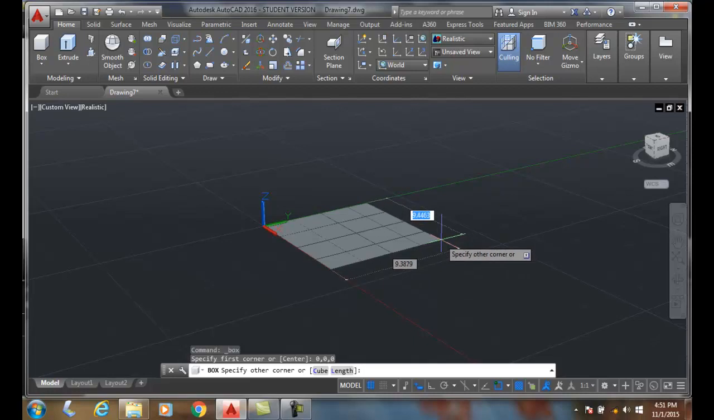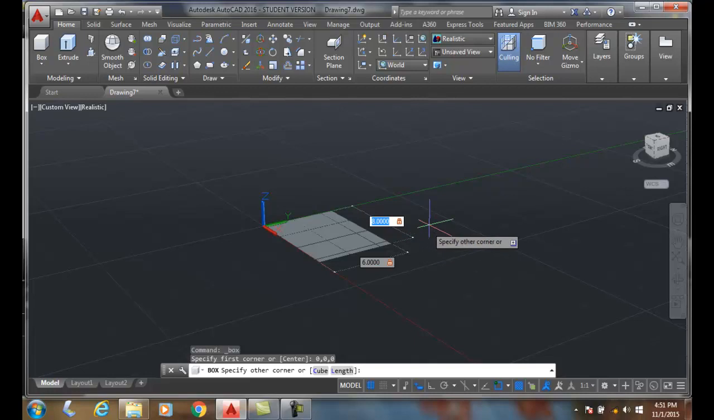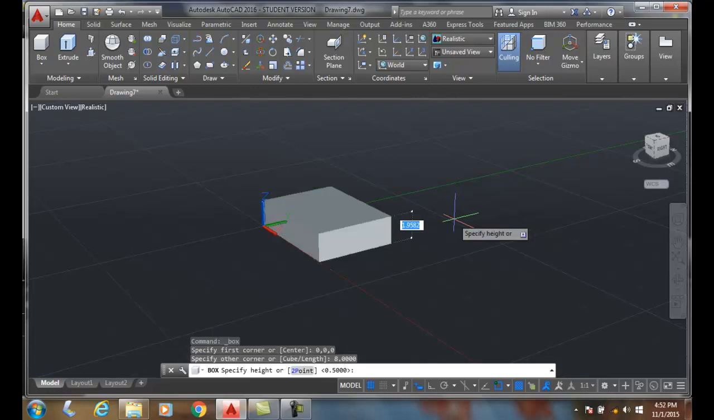I can key those in, or I can move my mouse dynamically. So let's say I put 8 in. Now I can either hit the tab key and then say I want 6, and then I can hit the tab key back and forth. Once I hit the tab key, it locks those values in. And once I have the 2 coordinates I want, I can hit enter, and now